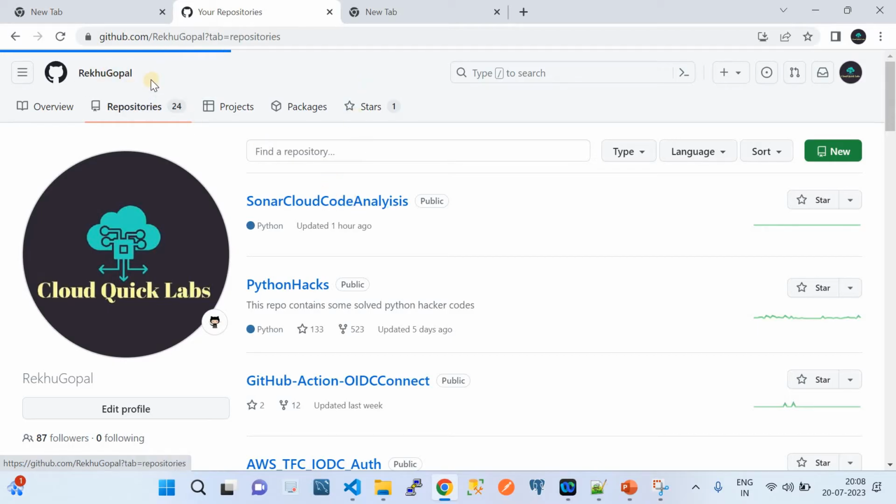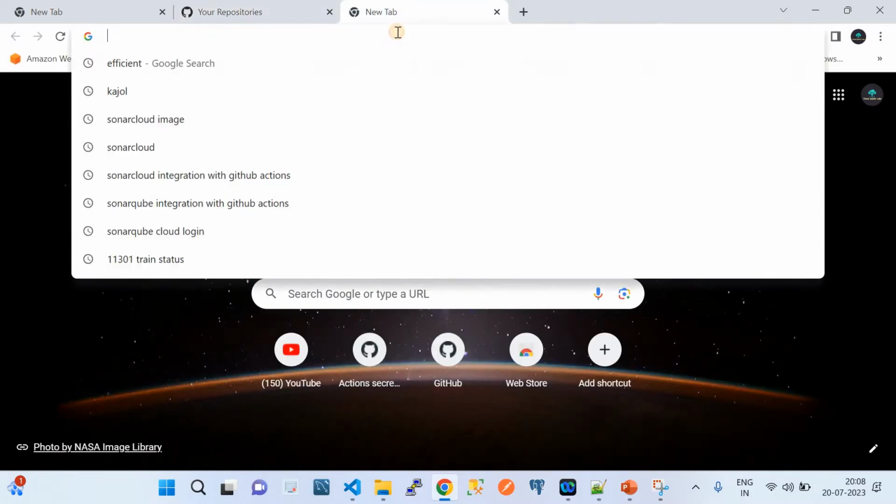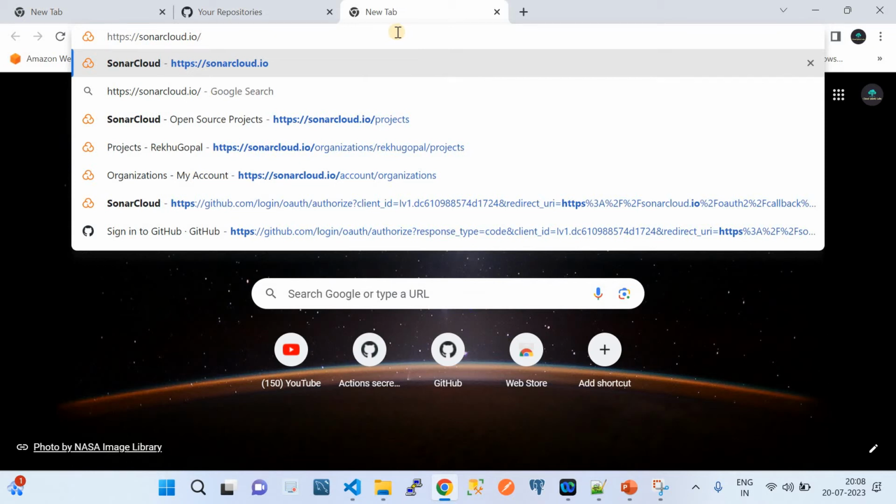So this is my organization, and underneath that one, I have 24 repositories. But I'm going to show you how we can do it on a particular repository. So to access the SonarCloud capability, which was previously known as SonarQube, you can go